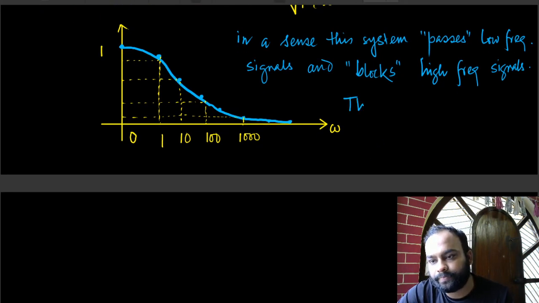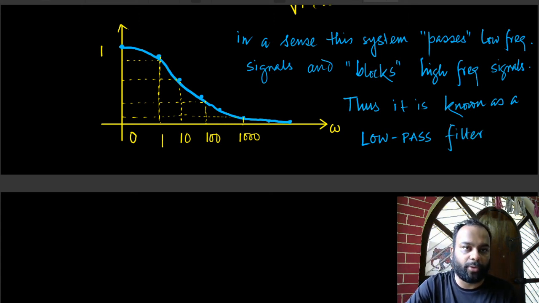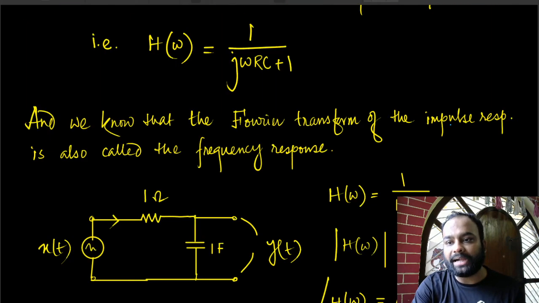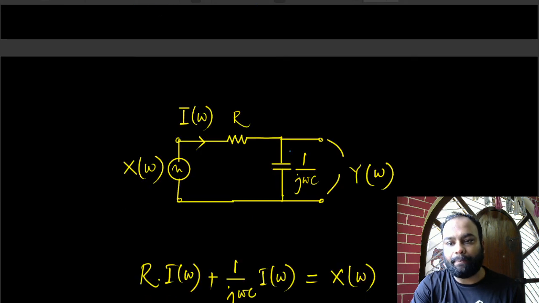Thus it is known as a low pass filter. A filter that lets lower frequencies go and blocks higher frequencies. Of course, the high pass filter would be just the other way around, but this is a low pass filter. Okay, so this simple RC circuit, when you excite the input like this and pass it up,